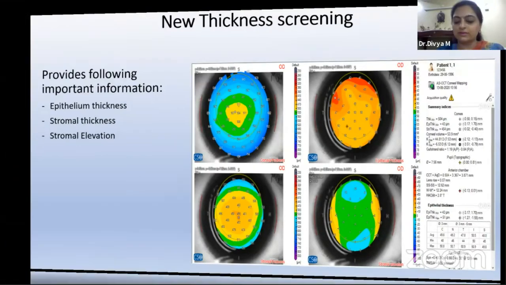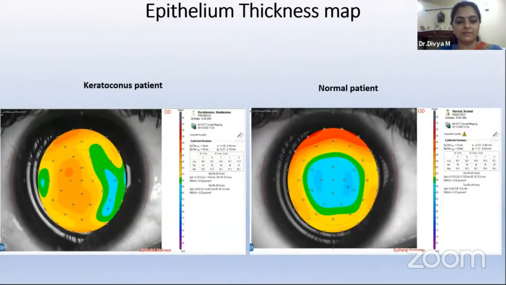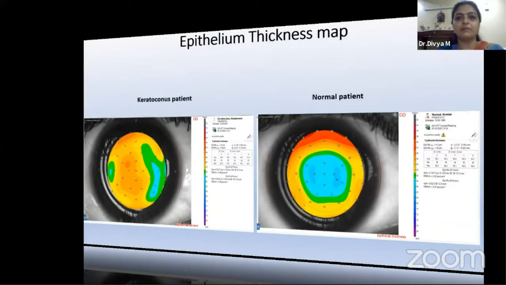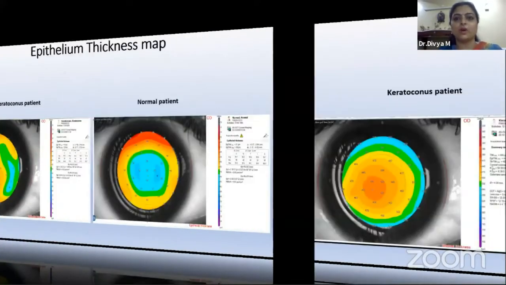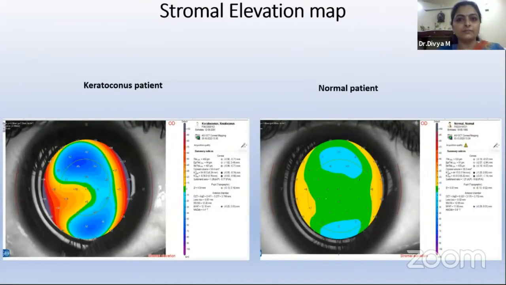So I know there is one more speaker who's going to be talking to us in detail about the epithelium thickness map. So this is what you see. The epithelial map uses the OCT for measuring the epithelium, and it measures about 9 millimeters of the epithelial surface. The corneal epithelium is actually able to remodel itself and mask topographic and keratometric abnormalities of the underlying Bowman's membrane. And it actually masks any stromal irregularities in conditions like keratoconus.